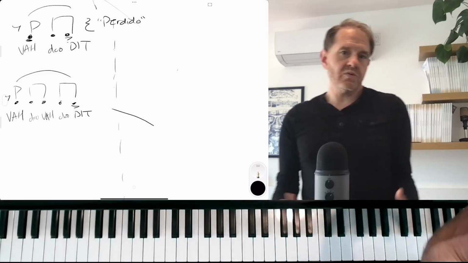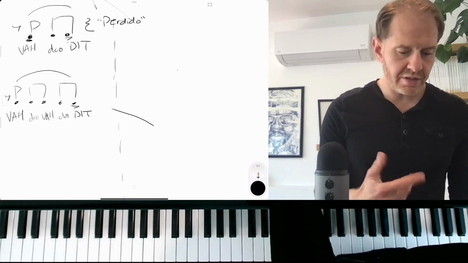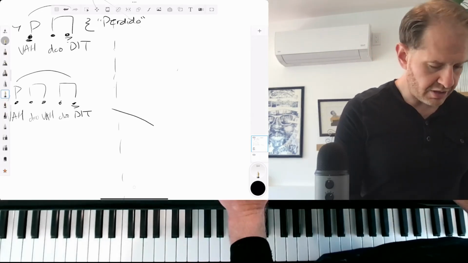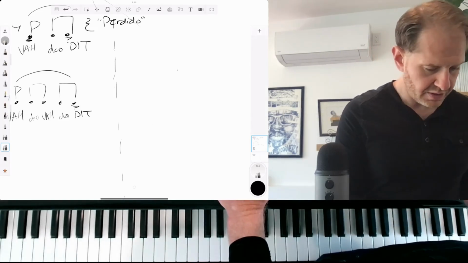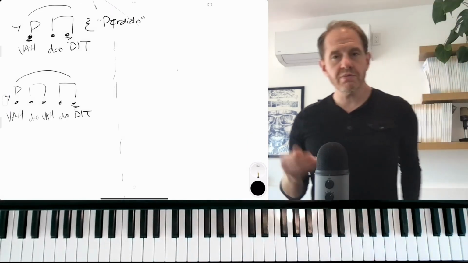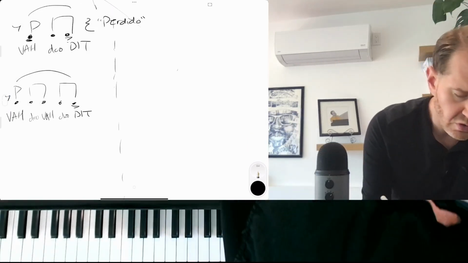So you can move them around to different beats, making sure the articulation stays the same all the time. Now, we could do a lot of other things. We could mix quarter notes in. So, for instance,